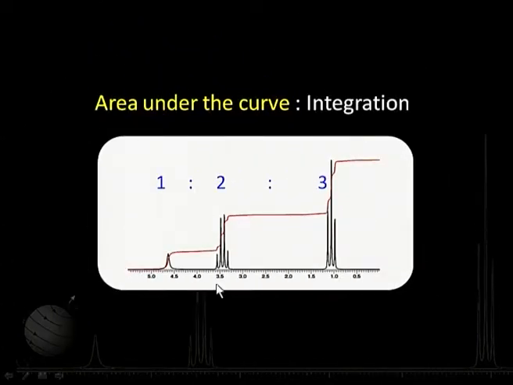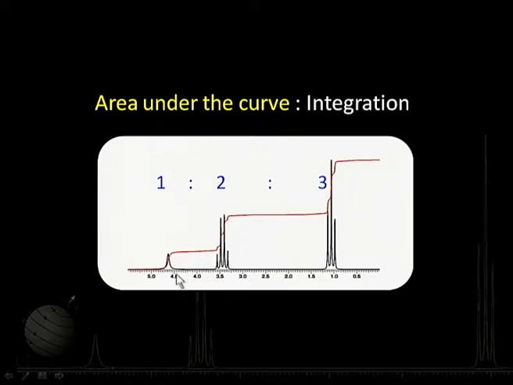Secondly, as I just mentioned, the area under the curve. If you look at the same spectrum, all this is done by computers; we do not have to do anything manually. So, this is the spectrum of ethanol again, with 3 signals. The area under the curve is indicated by this trace, given as a red line. This is called an integration curve. This is again done by the machine, and it measures the area under the peak and gives it as a step.